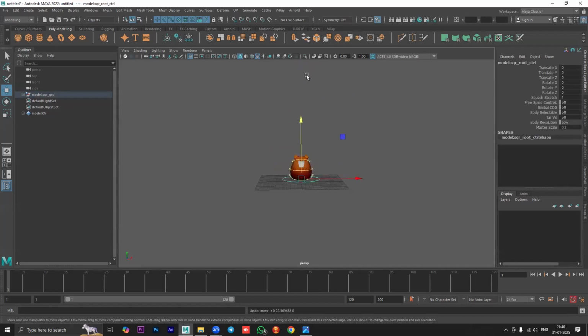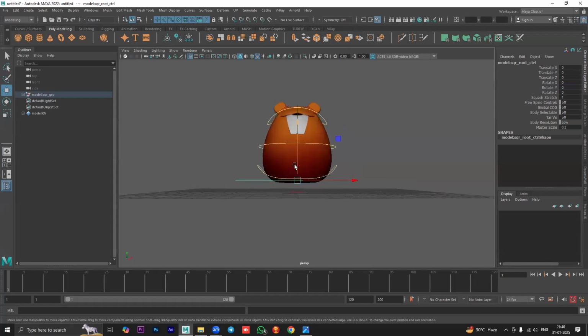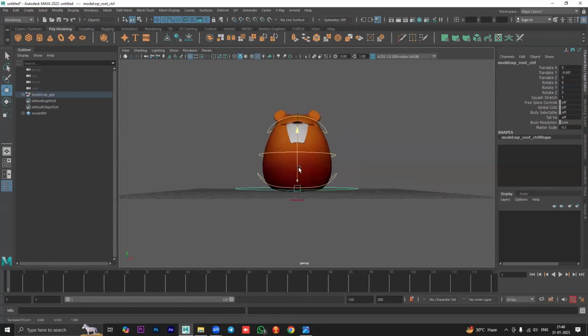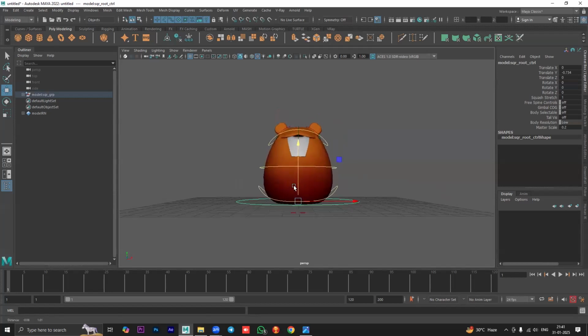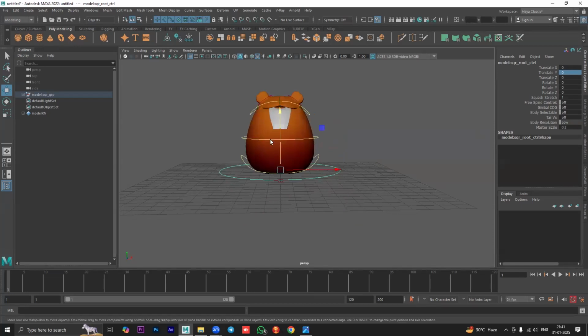Okay. There's another thing that I want to show. If you go like this in front of it, you can see it doesn't sit on the grid properly. Now, you can definitely bring it down, but then what happens is when you're animating it, you cannot type 0, you'll have to change the settings. So there are two ways of going about it. If you want to animate it in this way where translate y at the ground is 0, then what you can do is create a plane,